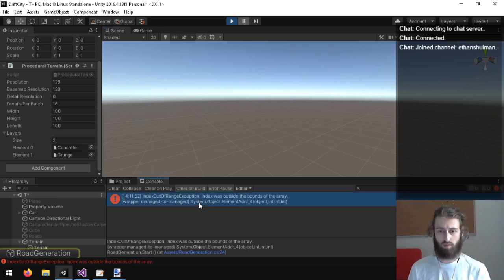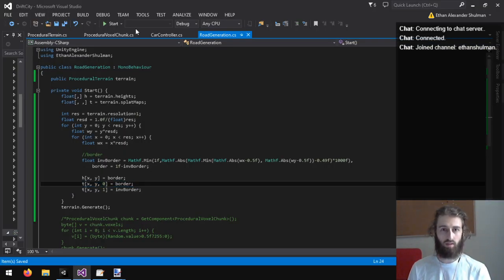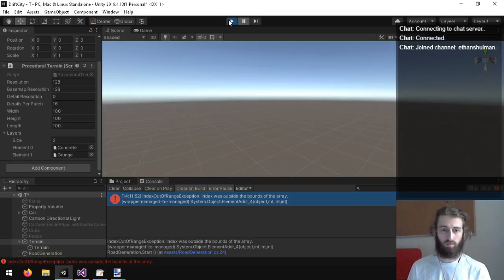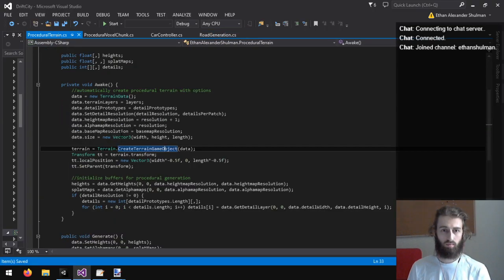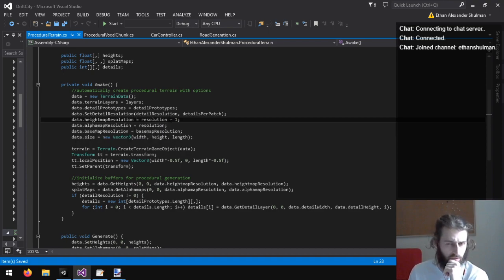Index was outside the bounds of the array. So I wonder if this is just for... So why is the height map resolution always one higher than the alpha map resolution? Why is that?